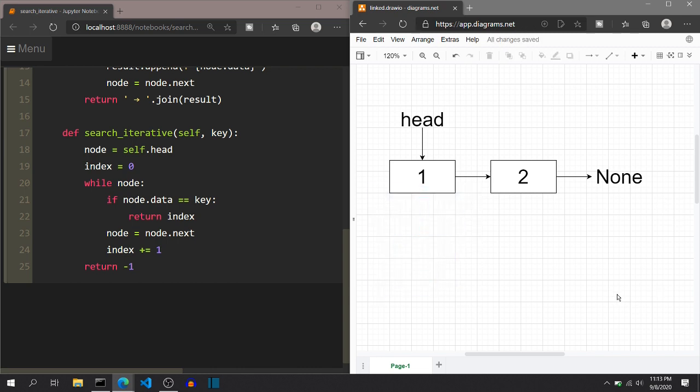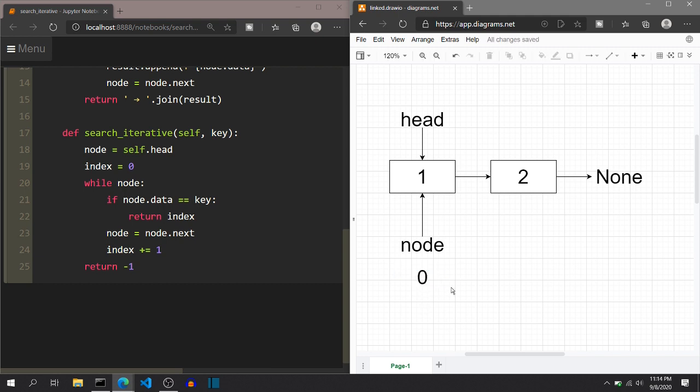Now let's assume that we need to find the key 2 over here, that is present at index 1, so it should return 1. Again the function will start and it will point where self.head is pointing. So a node variable will be created that will point to node 1, and an index variable will be created that will track the current index of the node.